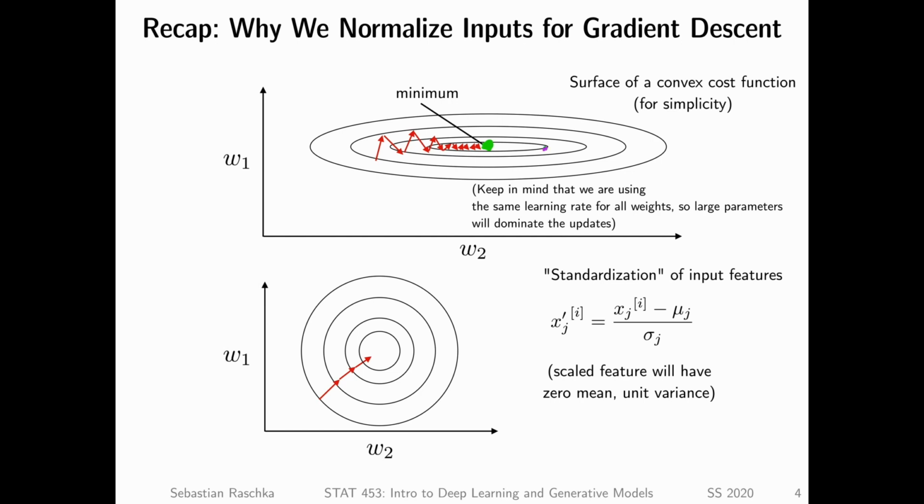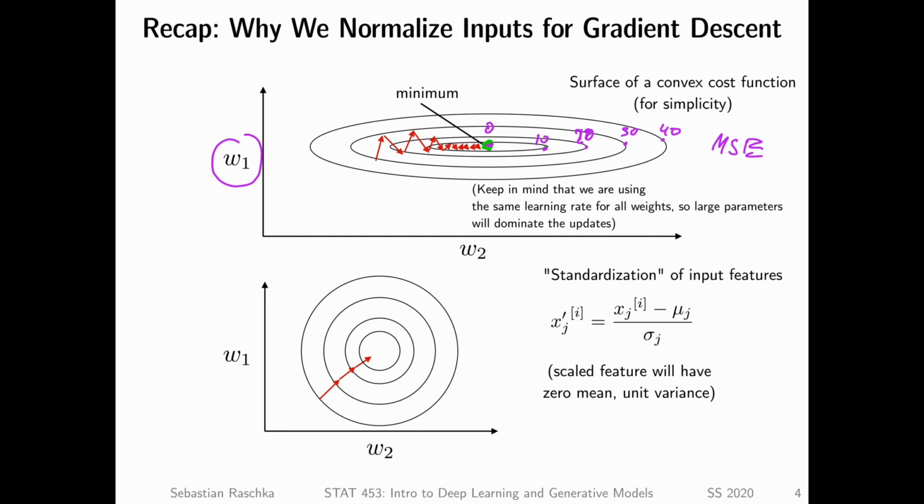So let's say at this contour line we have a loss of 10, here a loss of 20, maybe here 30, and here 40. You can think of it as mean squared error loss, for example. And here this would be my zero loss. This is just the loss surface of a convex cost function. Here we just assume this is MSE.